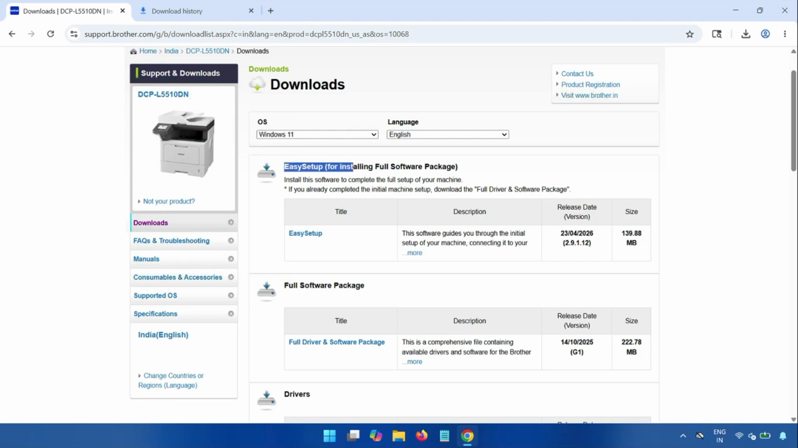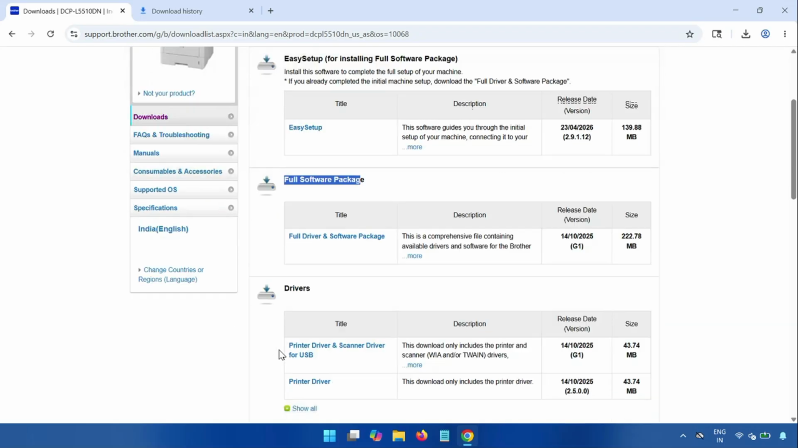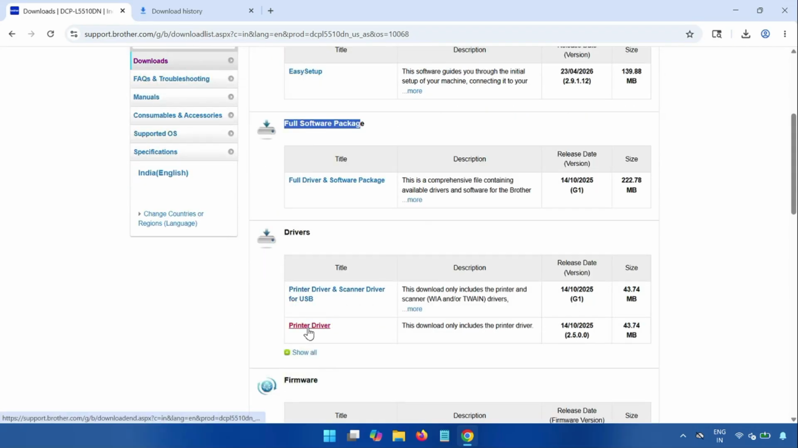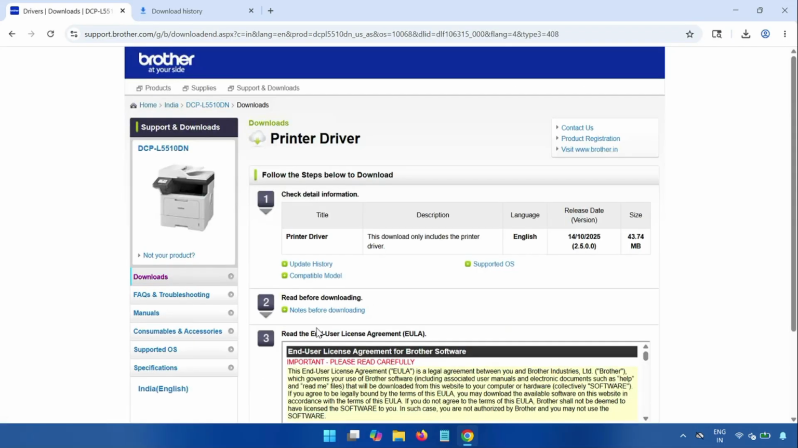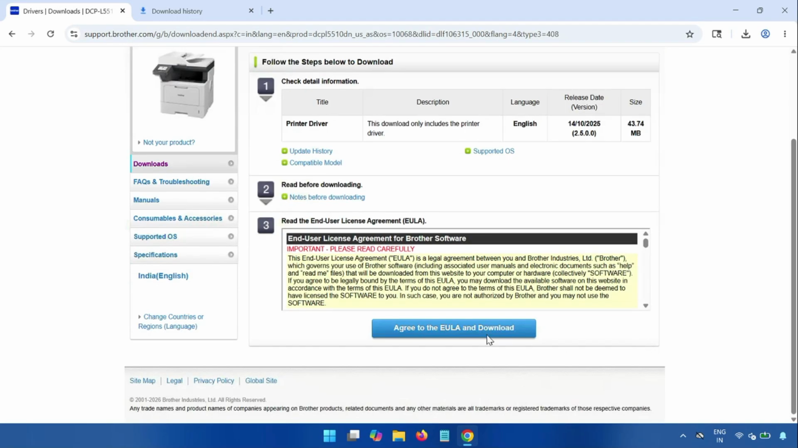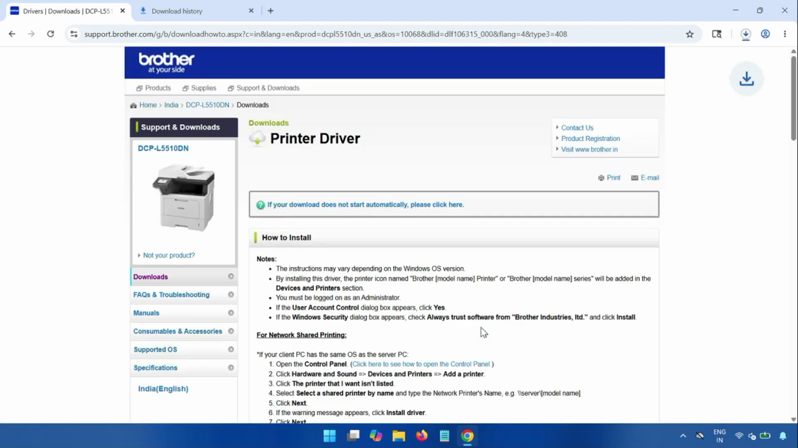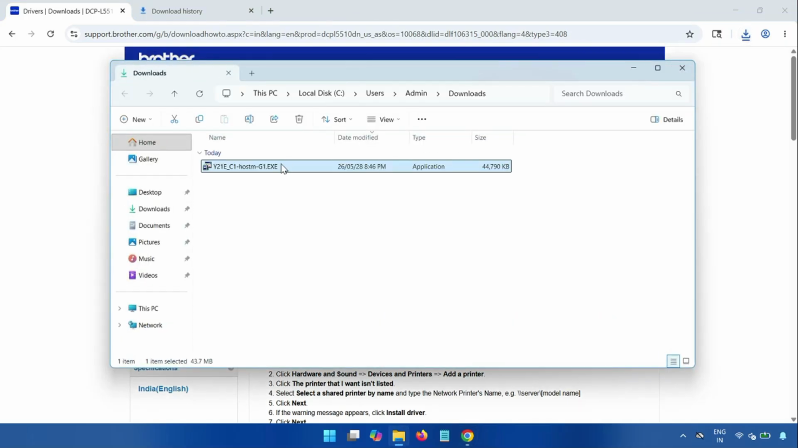So this is the full setup, the full software package. Scroll down and you can see this is only the printer driver. Click on it. After that, scroll down and agree to start. Then it is completed. Click on the download location, select the file and right click